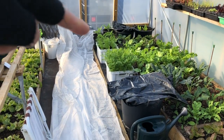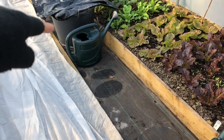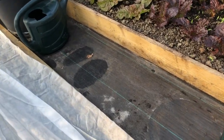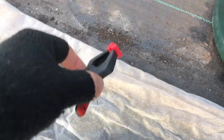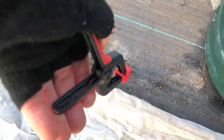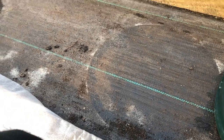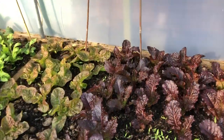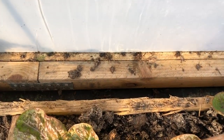I've got a very long run of fleece and just a tile batten, I think it is, which I will wrap around like that, and then I'll clip it on just with one of these little clips here, and that's enough because all I've got to do is just hold it in place. And I'm going to hold it in place, I'll show you, down the back in that gap there,